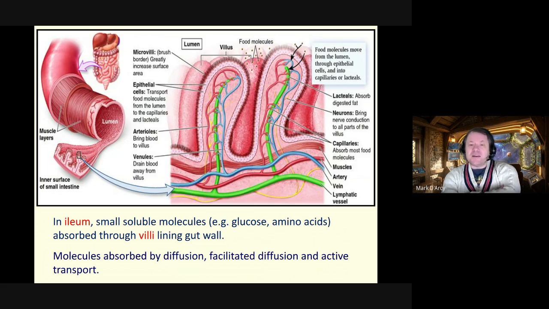The villi are these big folds in the small intestine, in the ileum, that increase surface area. The cells on the villi have folded membranes known as microvilli. All of this increases surface area to facilitate diffusion. Within the villi, we have blood vessels. We also have neurons, which help control digestion, and we've got lacteals, which